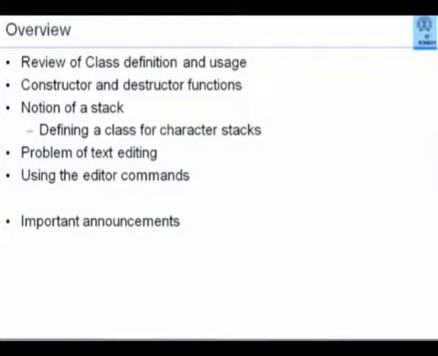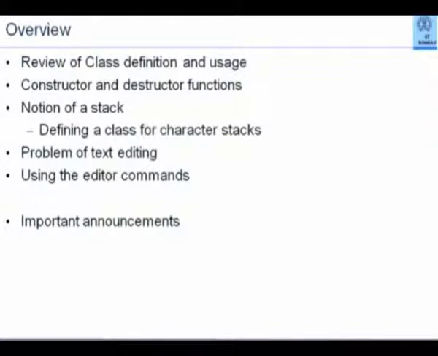There was a question asked by someone when we were discussing EZ windows as to how a function name is the same as the class name. And I had asked people to go back and look why the function name would be the same as the class name. It happens in only one particular case.